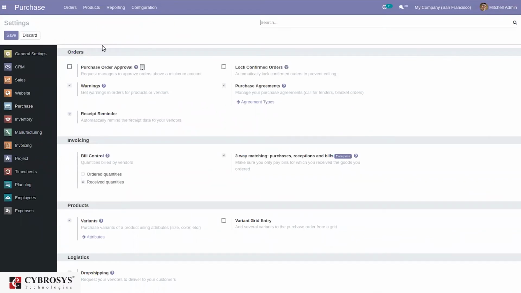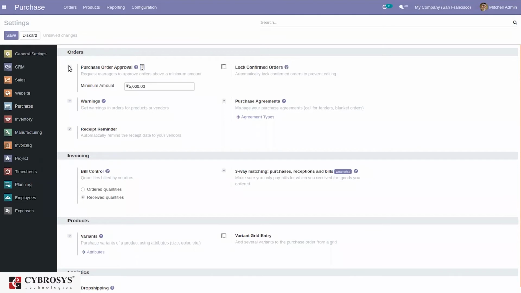So here we can see an option that is purchase order approval. That is, we can request managers to approve orders above a minimum amount. So here we can specify the minimum amount. So if an order is created above this amount, approval is needed. That is, the manager has to approve the request. So here I'm setting 5,000. Okay, so let's save the settings and